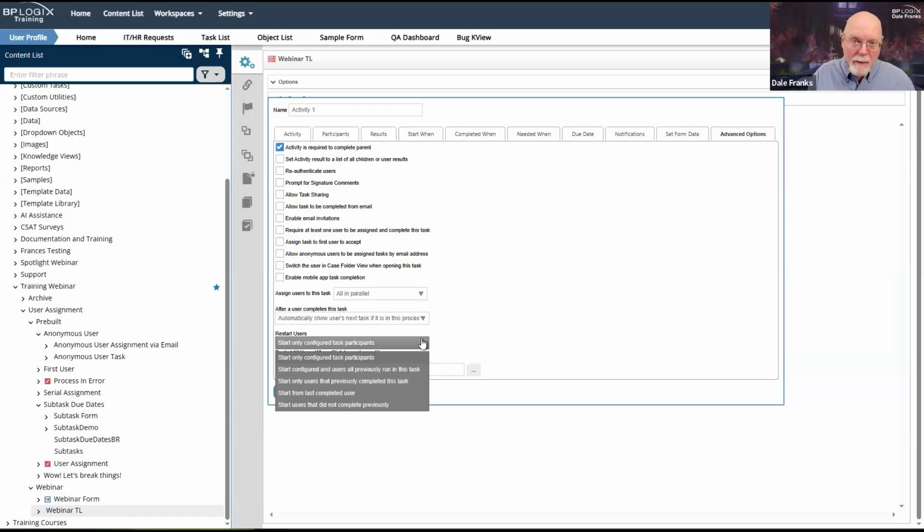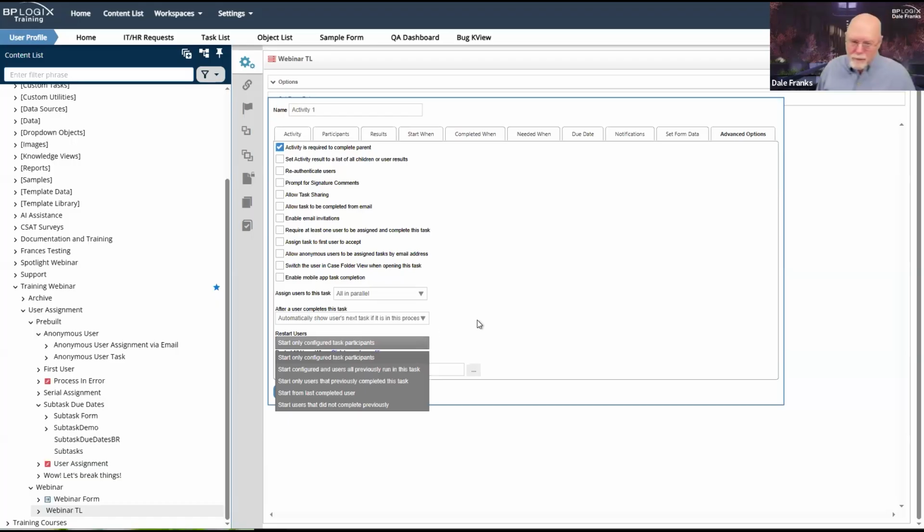However, there are restarts that happen programmatically. If you're in an approval loop and somebody hits, I want some more information, so they hit request resubmission and it runs back to the very top of the activity. Okay, well, this activity's iteration is now complete, and that activity will restart in the future. As I've restarted my approval loop, eventually it'll get back to this activity and it will restart. And I need to know what is going to happen whenever this task restarts.